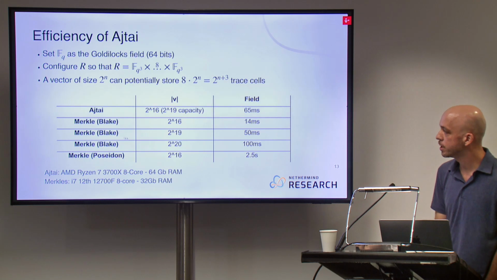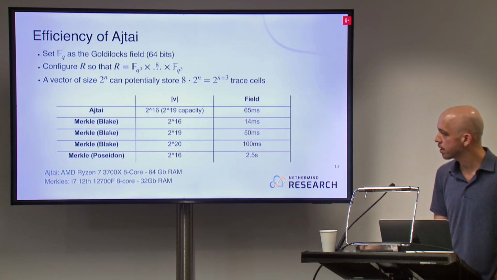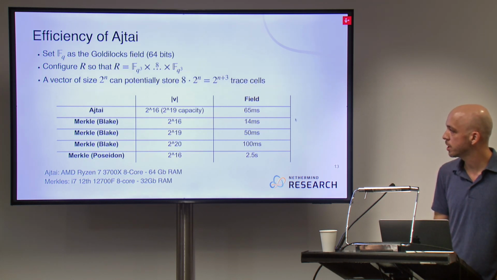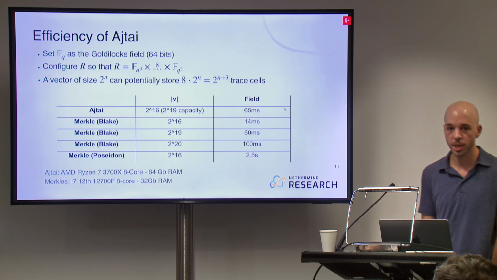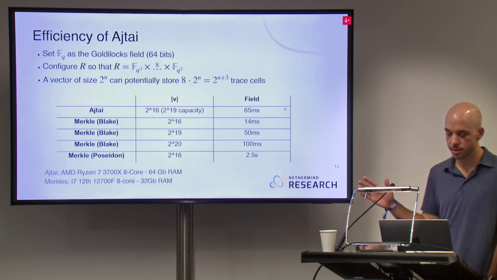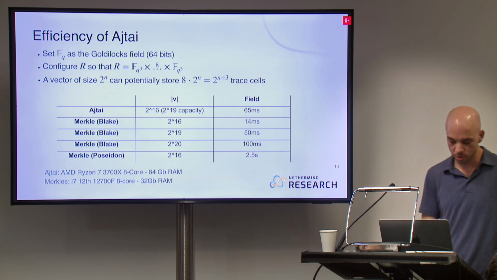So if we compare it to committing to 2^19 trace cells with a Merkle tree with Blake, we get 50 milliseconds, so we get comparable speeds between Ajtai commitments and Merkle trees with Blake for the same number of trace cells. And Blake is the fastest, or one of the fastest hash functions you can choose for Merkle